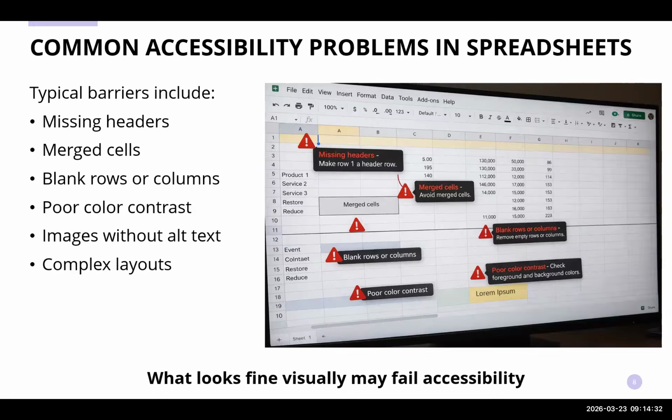Next, we have merge cells. These are often used to make titles or sections look neat, definitely, but they actually break the structure of the table. Screen readers depend on a consistent grid, and merged cells actually break that, making navigating very confusing